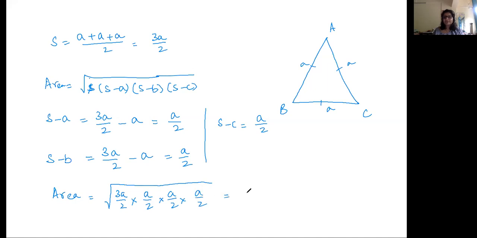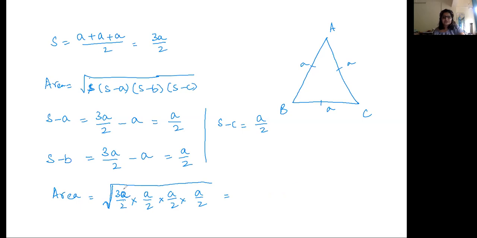Now root of a cube, like how many times is a multiplied here? It's 4. So 3a power 4, I'll do it separately, that'll be easier actually. a cube by 8 and then you multiply it. So here you've got 4 a's, right? If a was to come outside of the square root sign, how many a's will be coming out? Two. You can take 2 of the a by 2's out and leave 3 inside.